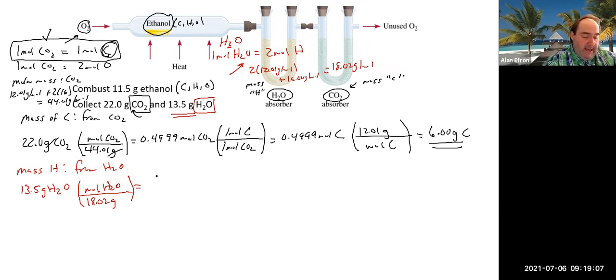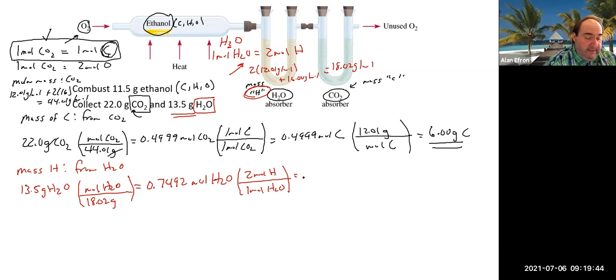Again, you don't necessarily have to get an answer at this point, but I will. 13.5 divided by 18.02 gets us roughly 0.7492 moles of water. Again, we're not interested in water. Water here is serving really as a source of hydrogen, how much hydrogen there was. So that is where we're going to use our formula to go from water to just hydrogen. So in 1 mole of water, there is actually 2 moles of hydrogen. So if I do that, we're going to times that by 2, going to give us roughly